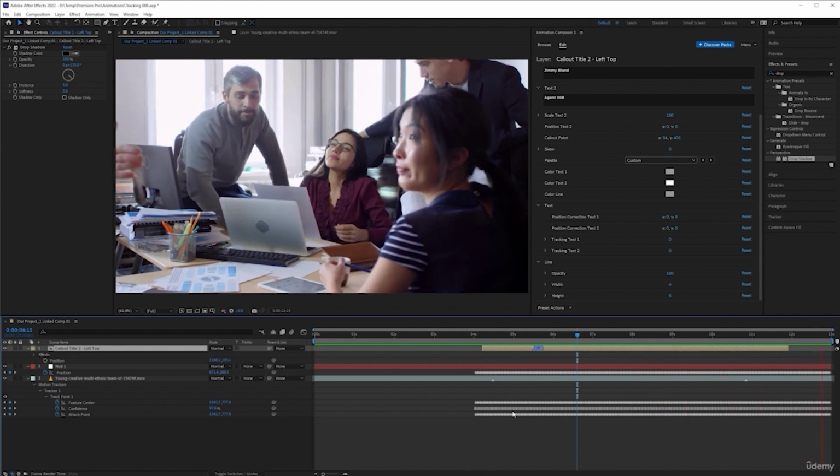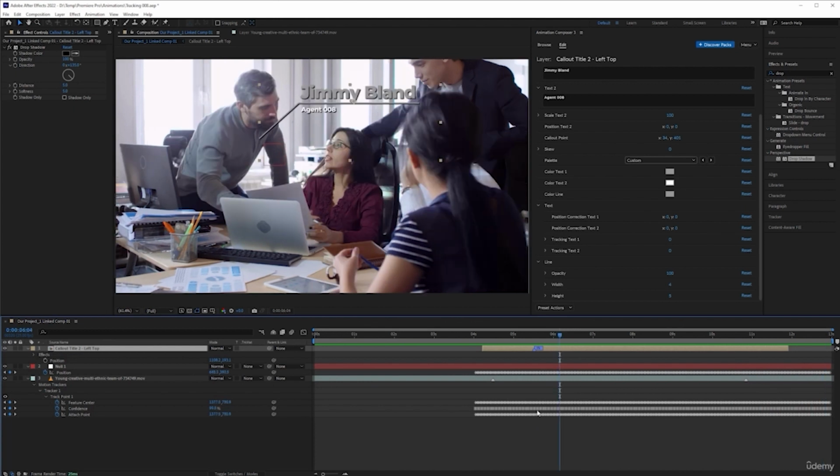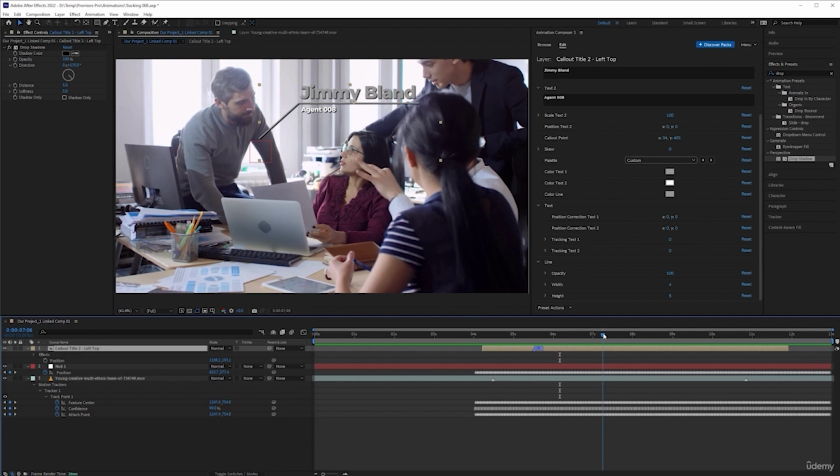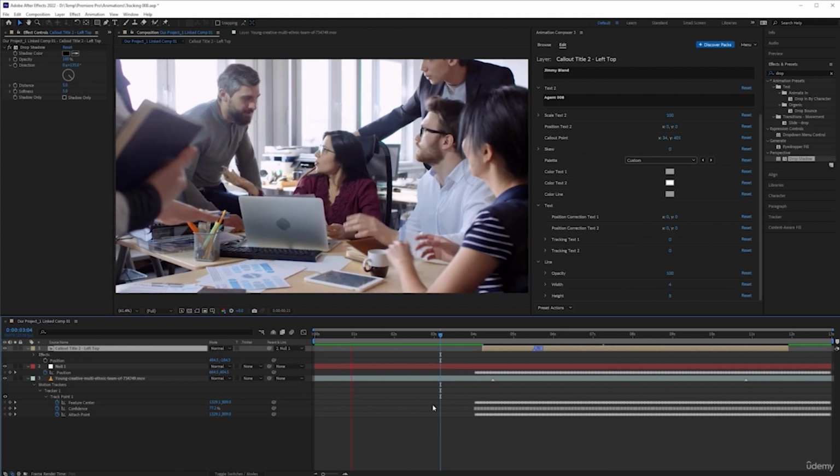We haven't got it to track. Grab the pick whip. Well, let's get to a bit where we're happy with. Good. Grab the pick whip and drag it onto the null. Nothing changes because at that point we want it there. However, if we come back and hit 0 again,